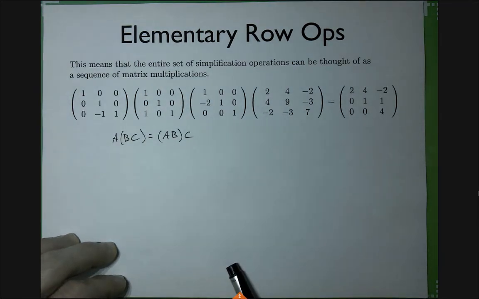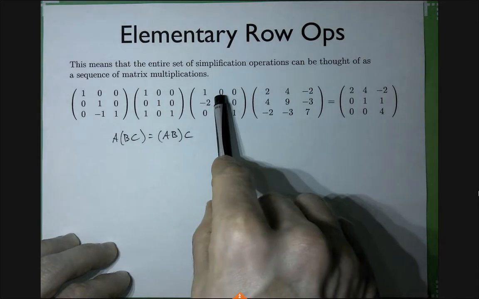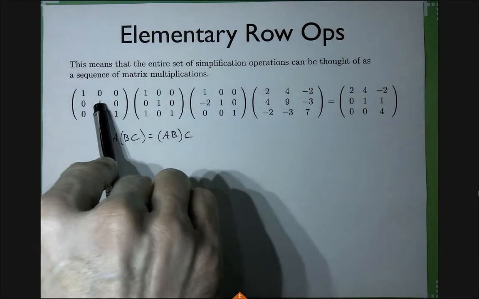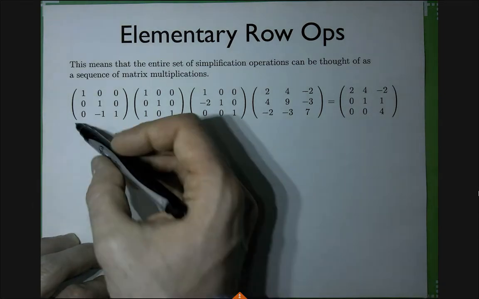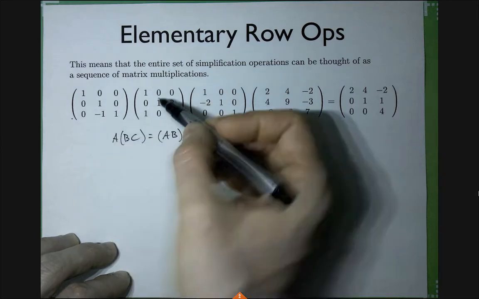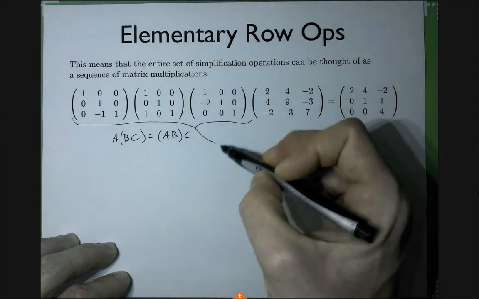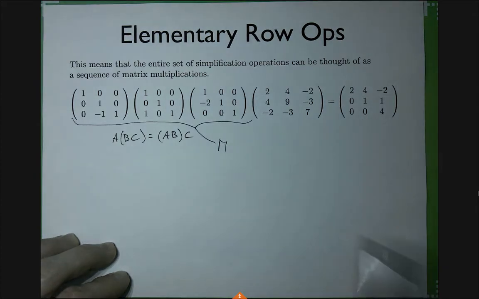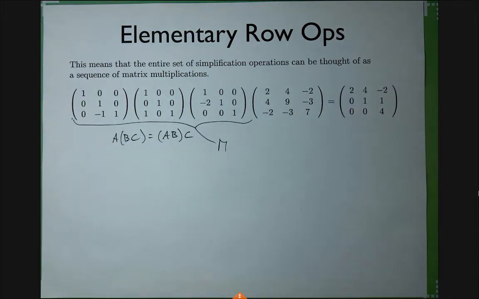The order we carried it out in the derivation was that we first multiply by this, then by this, then by this. But associativity of matrix multiplication tells you that absolutely doesn't matter. You can also multiply these, get some sort of matrix, I don't know, M or something, and then multiply the whole thing by this matrix. That's going to be the main idea of LU decomposition. We'll get there in a minute.